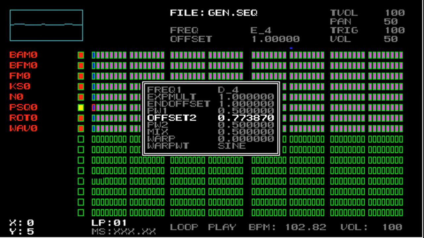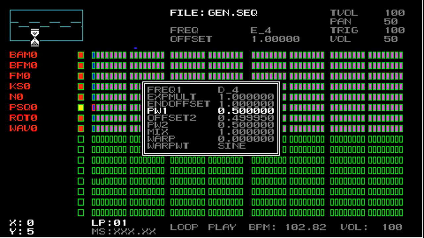And if I bring it down to, say, 0.5, the second oscillator is playing essentially at half the pitch of the first oscillator. Then mix is used to control the mix of one oscillator or the other. That's the first oscillator when it's 1.0, and the second oscillator when it's 0. So I'm going to set this back to 1.0,